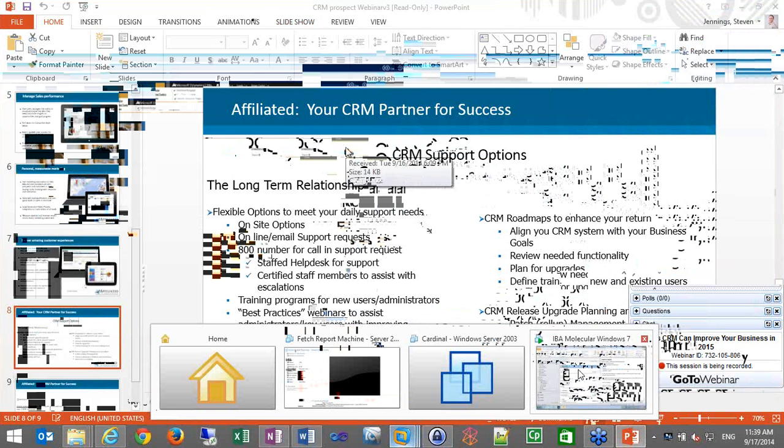I open up my email, and if you notice up in the upper ribbon area, there's a field called Track and Set Regarding. If I click this, it'll actually show me that I want to click it to the customer. So I click on the customer. And if you notice down at the bottom of the email now, information about that customer has come up. If I save and close the email,